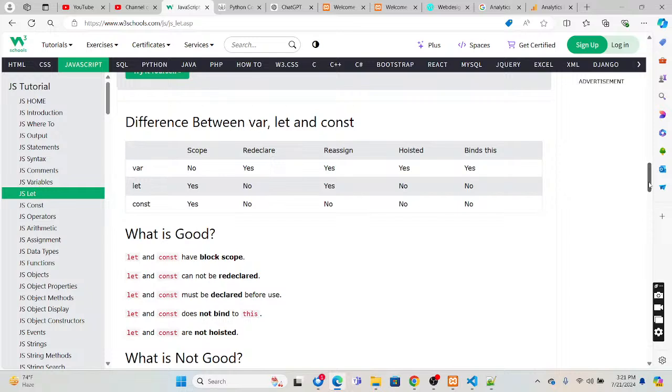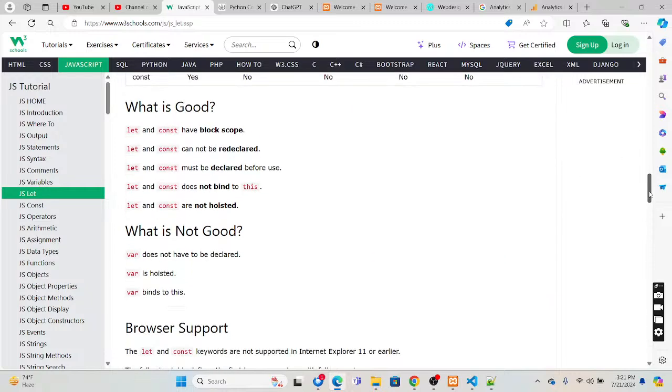Difference between var, let, and const. Scope: var has global scope, let has local scope, and const too. Redeclare: you can redeclare a var variable, but you cannot with let or const. You can reassign values with var and let, but not const.